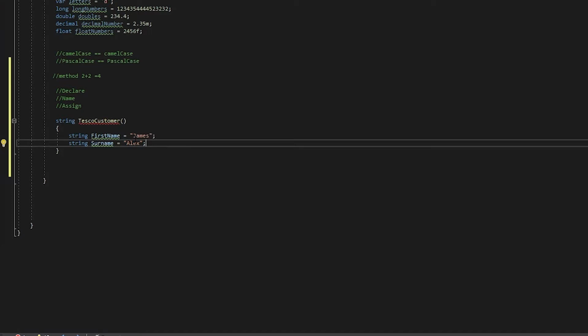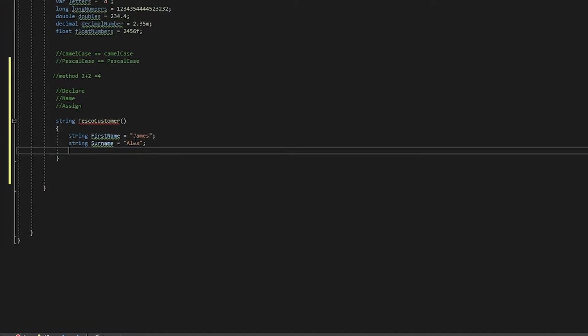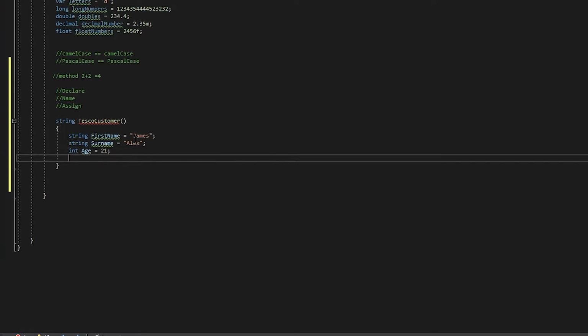Let's keep going. The customer would have an age. Now the age would be stored. If you remember, I told you last lesson that numbers are usually stored in integers long, but since it's just an age, the age isn't a huge number, so we can store it in int. So we'll store it in int, and we'll give the age of 21,